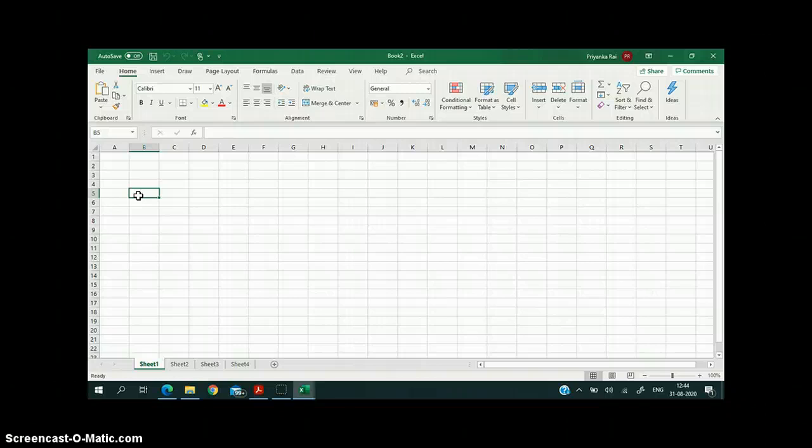So for that what I have to do, I will just click on the cell C5. Now the darker bordered cell is C5. So now C5 is the active cell. You just have to click on that particular cell using the mouse pointer and the specific cell becomes the active cell.